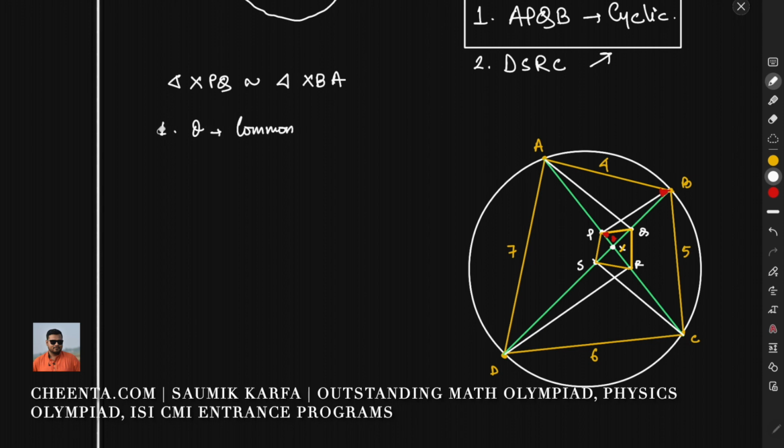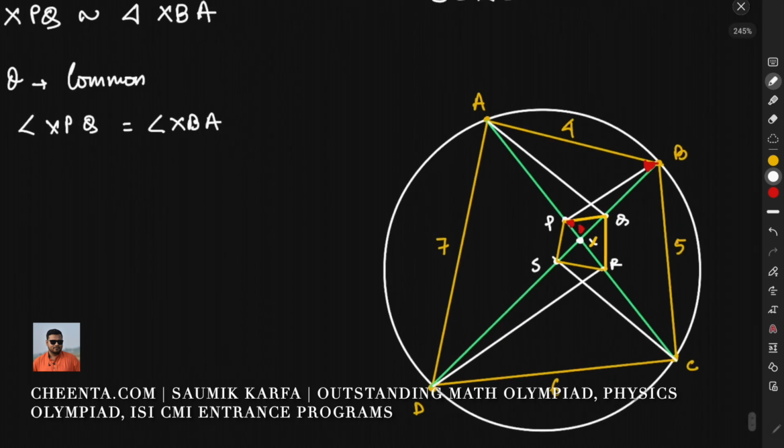That's the first conclusion. And the second conclusion is angle XPQ is equal to angle XBA. We haven't proved it yet, but we will. Why is that? Why are these two angles equal? See carefully that